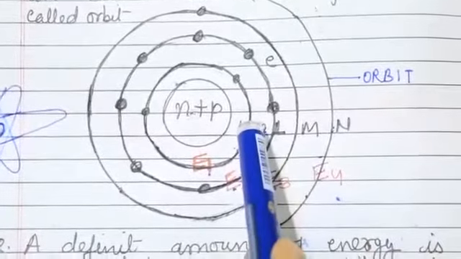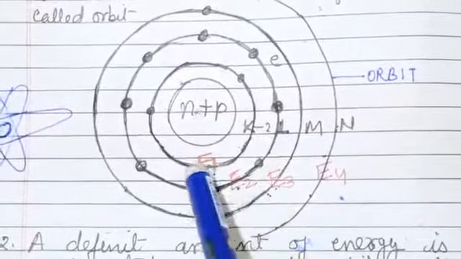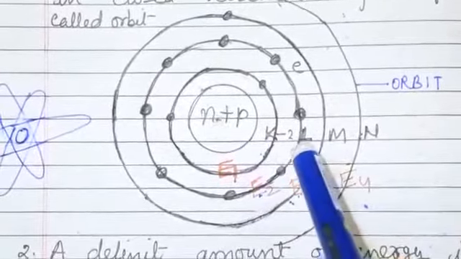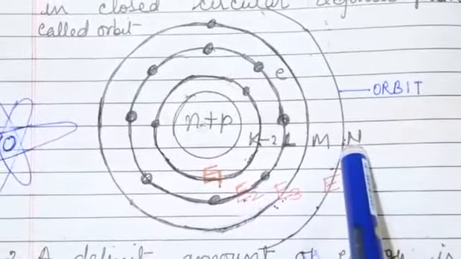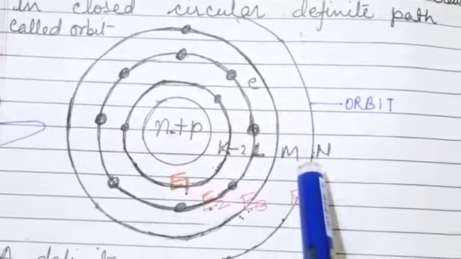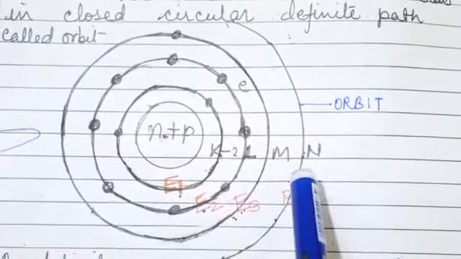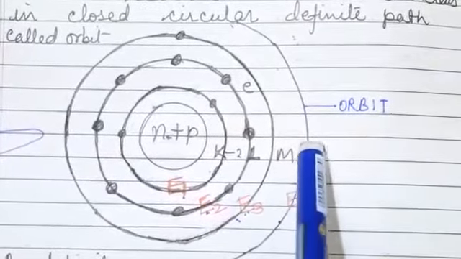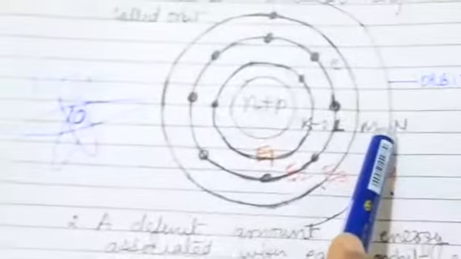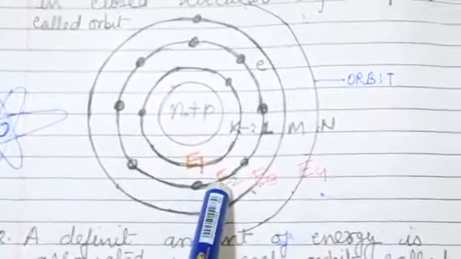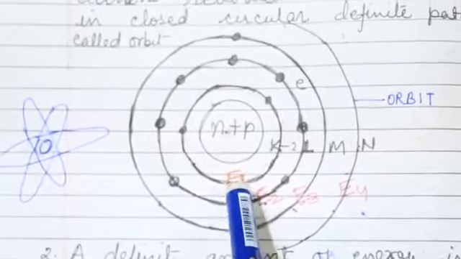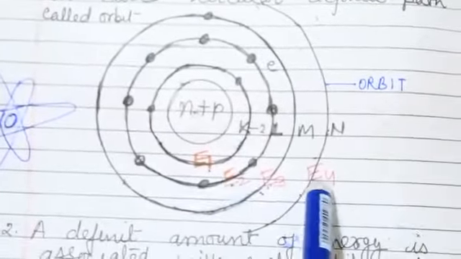The orbit which is near to the nucleus has low energy, and as we go further from the nucleus they have higher energy, because there is an electromotive force by which the atom would collapse. So individually they have higher energy when they maintain distance from the nucleus. So the energy level is categorized according to the orbit. At a lower orbit they have low energy, at a higher orbit they have high energy.